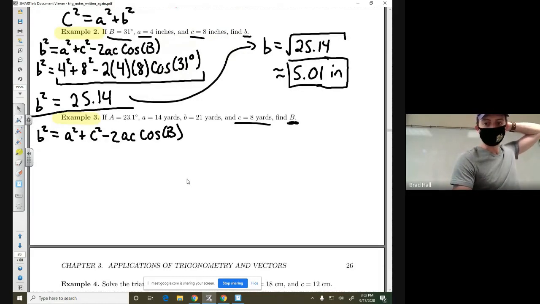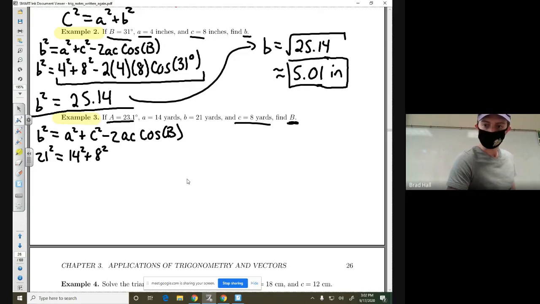Again, we're not even using capital A. So that's 21 squared is equal to 14 squared plus 8 squared minus 2 times 14 times 8 cosine of